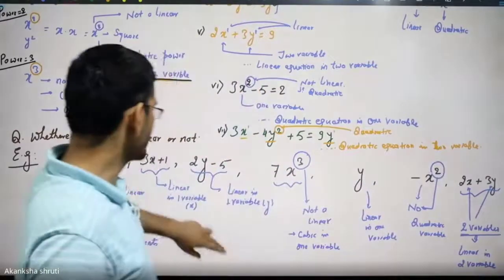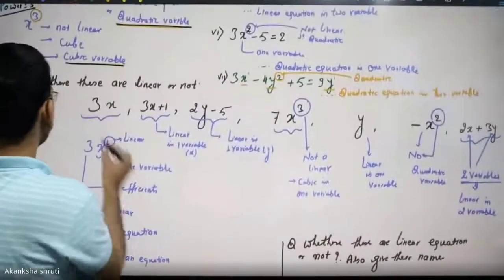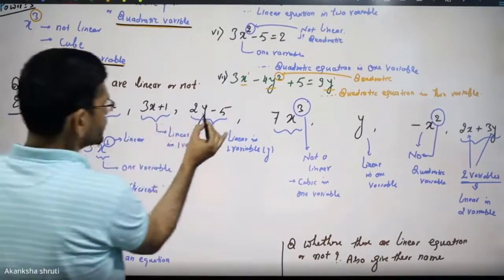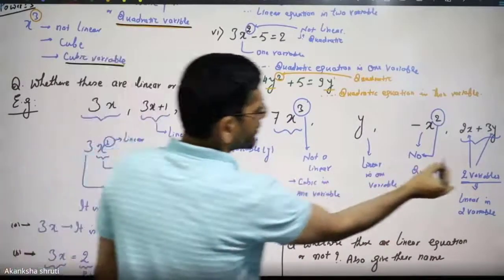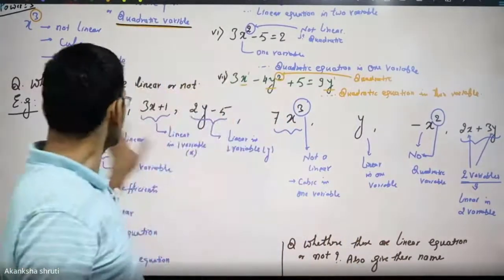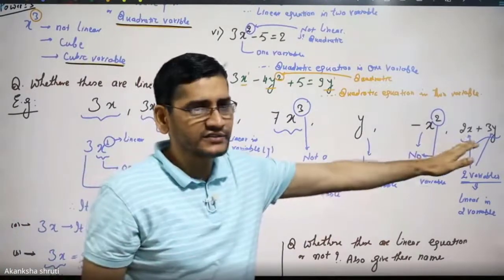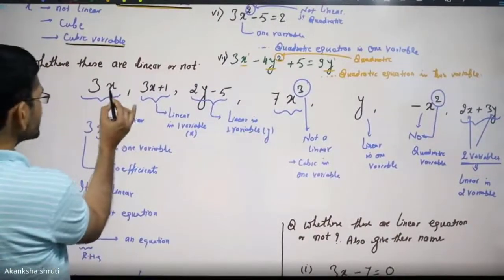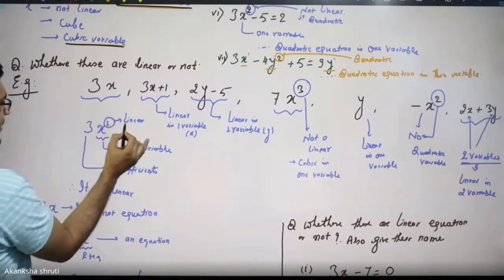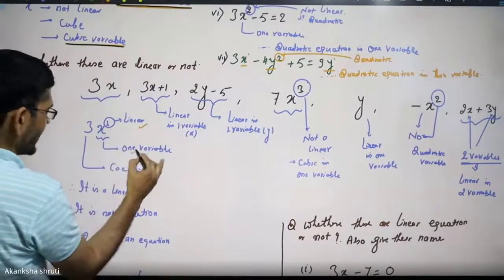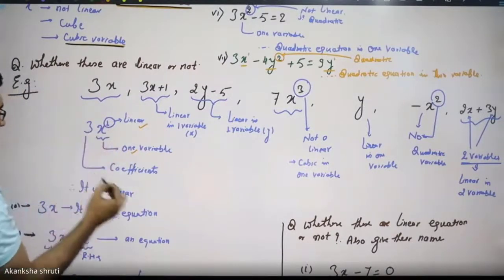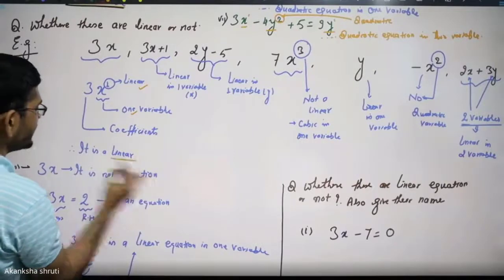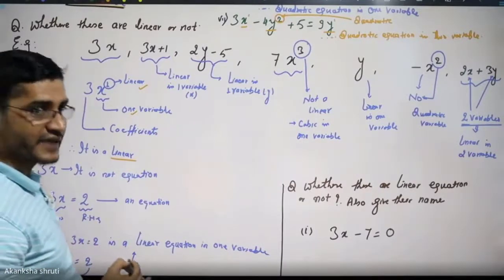It's that simple. Students, with this we have to determine whether 3x, plus 1, 2y minus 5, which of these are linear or non-linear. Here these are not equations, rather these are expressions. So which of these are linear expressions? 3x, yes, x has the power 1 only, linear, and only one kind of variable. Whatever is multiplied with this variable is called the coefficient. Therefore this 3x is a linear expression, we can say.